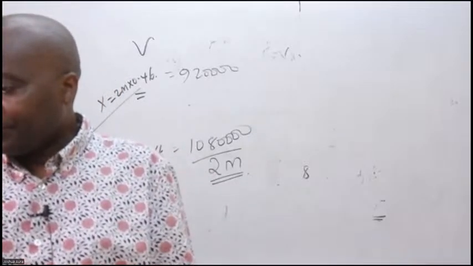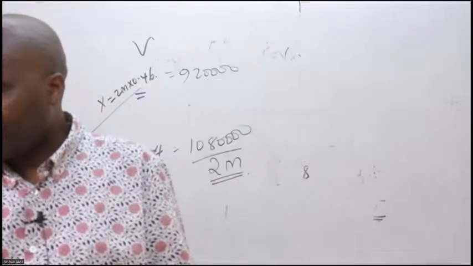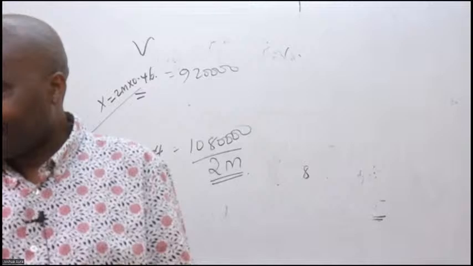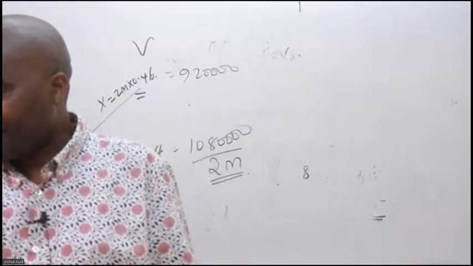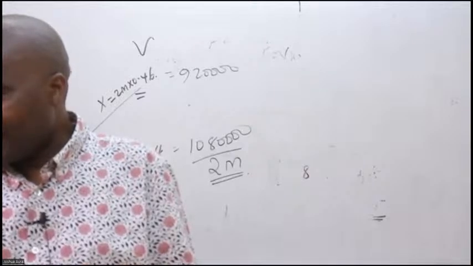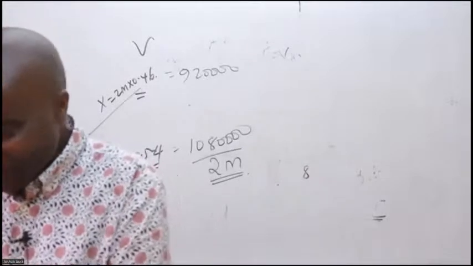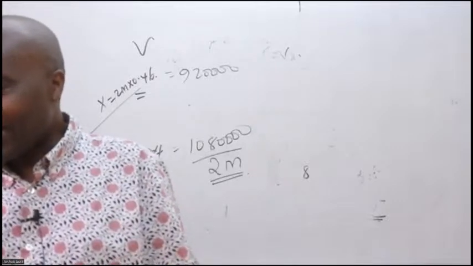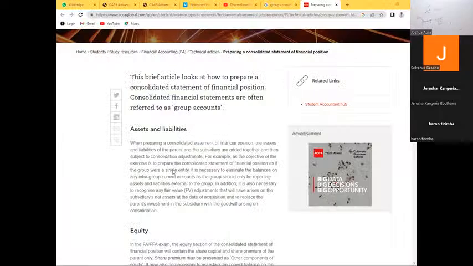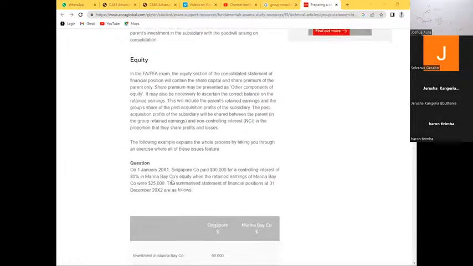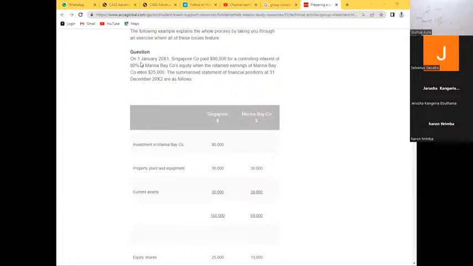So then here we are. Great. So I've sent you the link where you'll be able to get additional information regarding group consolidation. And I remember I have this video. I must have even sent this video to you. So I simply want us to do this question here. It reads, on 1st January 2021, Singapore company paid $90,000 for a controlling interest of 80% in Marina Bay Company's